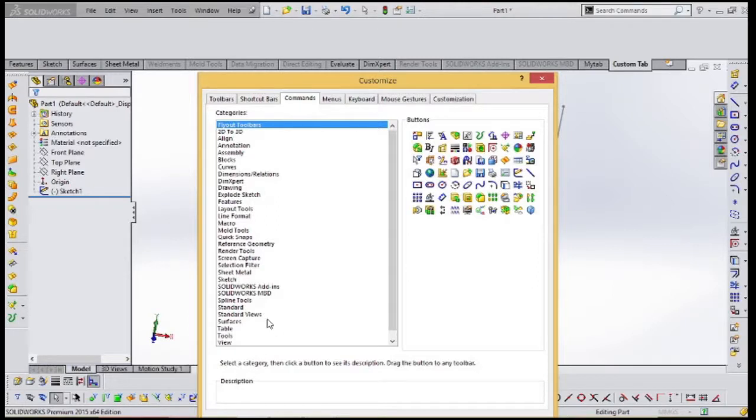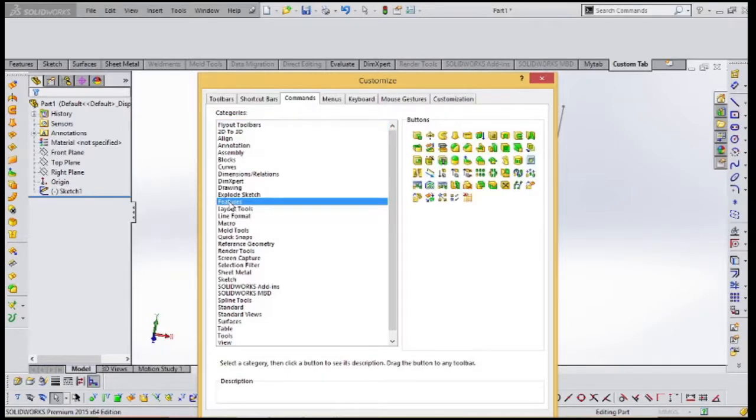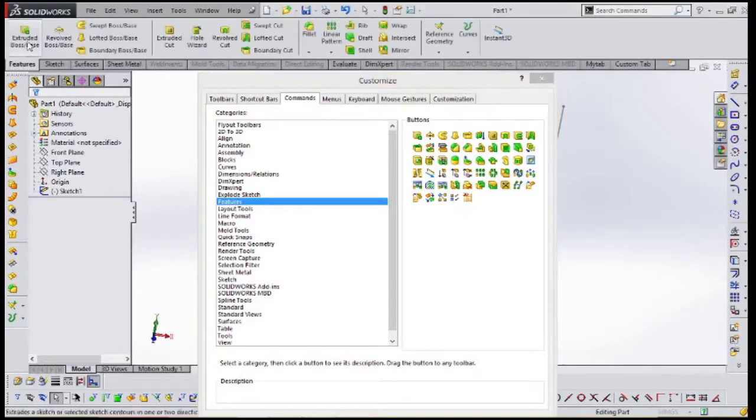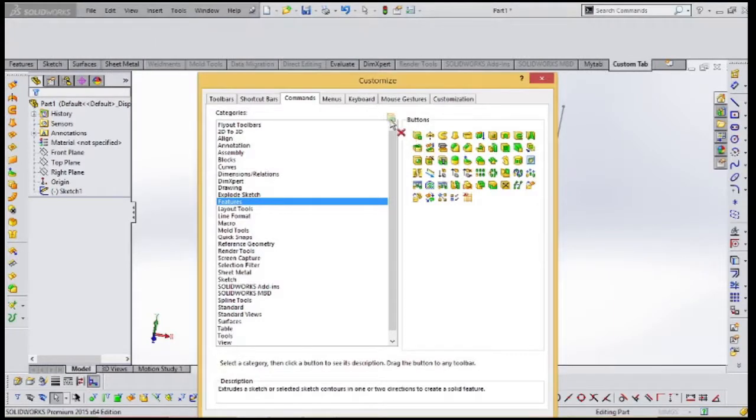For example, I am going to Features. In this we have many features, like whatever is present in the Features tab, all will be present here. So if you know some features like Extruded Boss/Base you are using more, select this kind of image here and simply paste it on the custom tab.